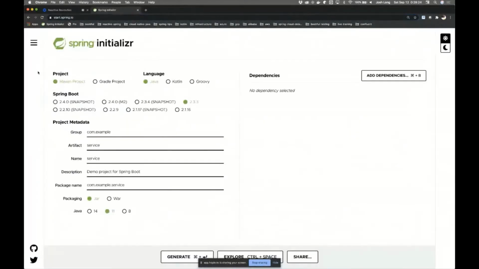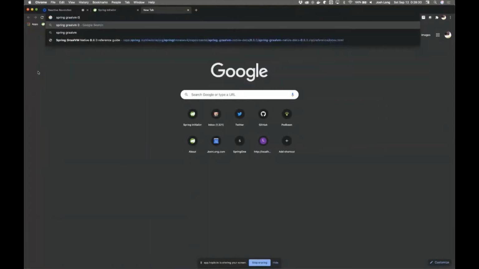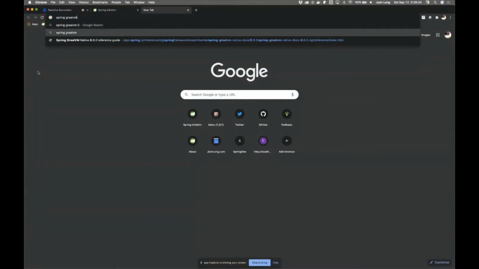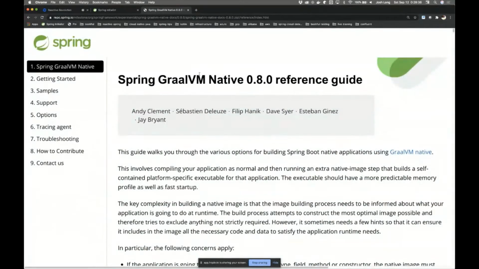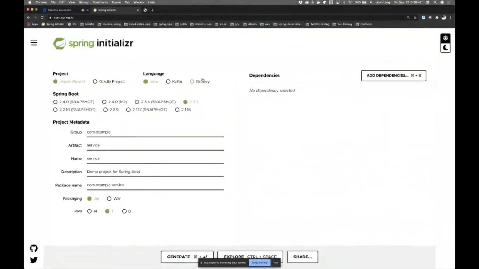That's not what we're going to talk about. It's not why we're here. I just wanted to mention it. You should definitely check out Spring GraalVM 0.8, I think so. This one, 0.8, right? So look at the guide for that, and you can see how to do it for yourself, right? You can see how it applies to your applications. But we don't have time for that. What we're going to talk about is reactive applications.